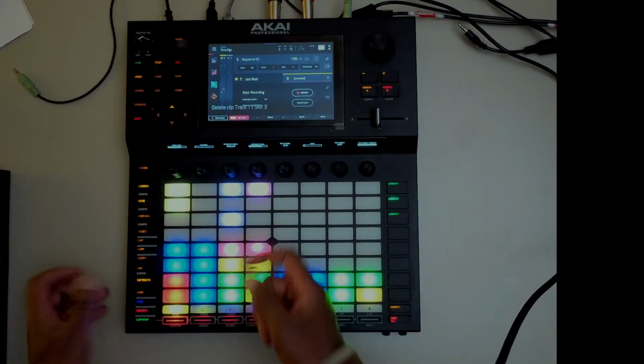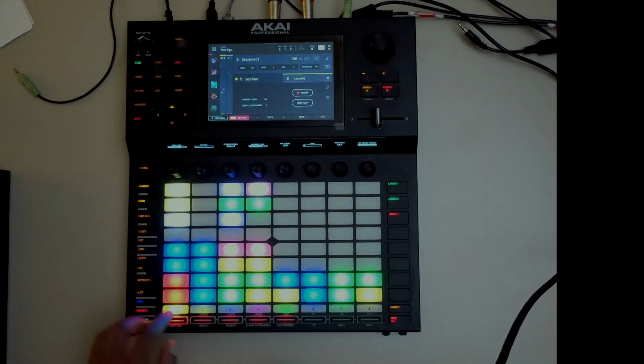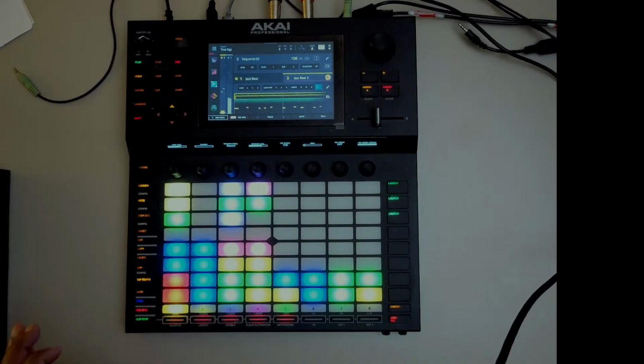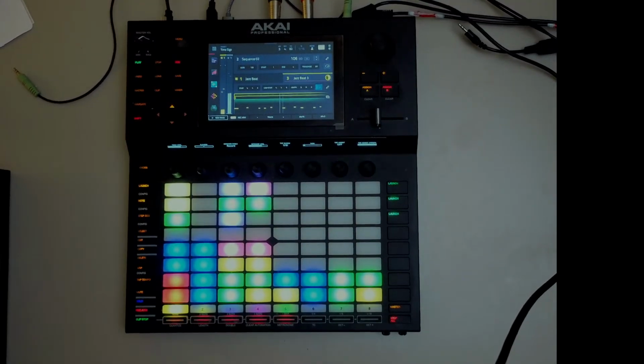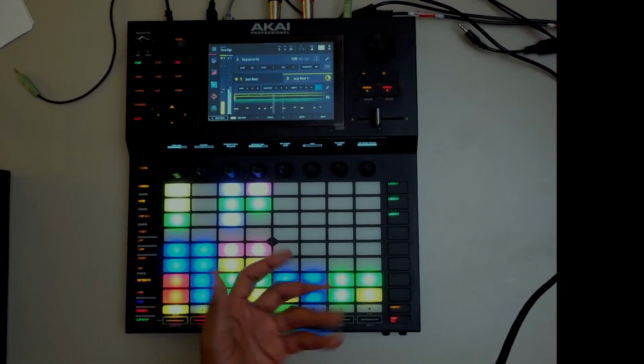Now, obviously, this is madness in my ears, but 1, 2, 3. So that's 4/4. That's 5/8, whatever.